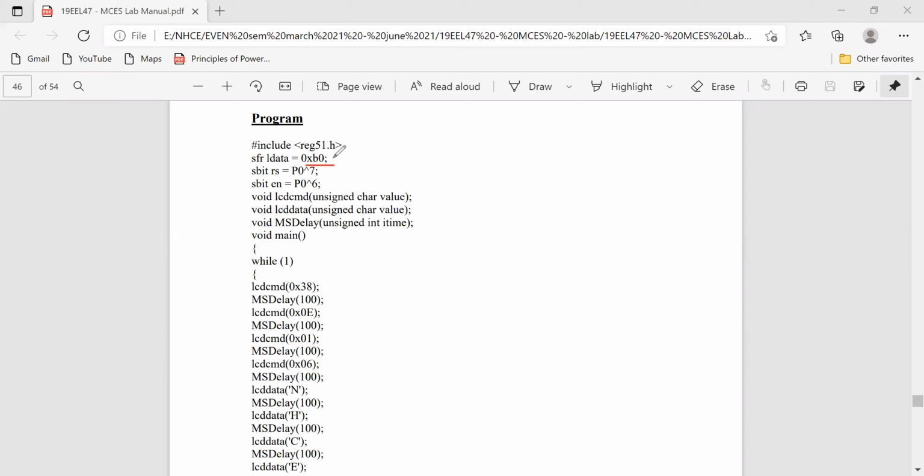Please check which port. 0x is hexadecimal, B0 is the port. So we take this entire port and use it as the data lines, where your commands or data are sent through this particular port. This is the address of the port.